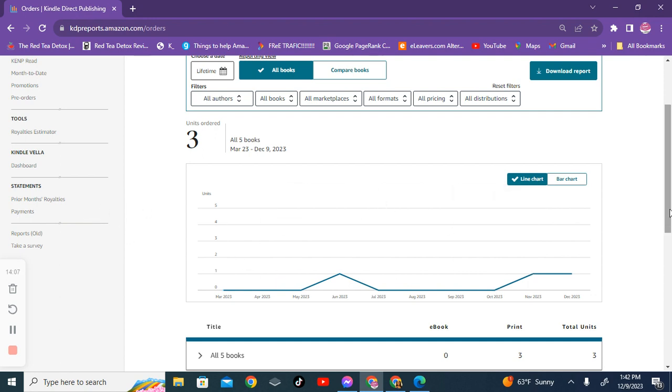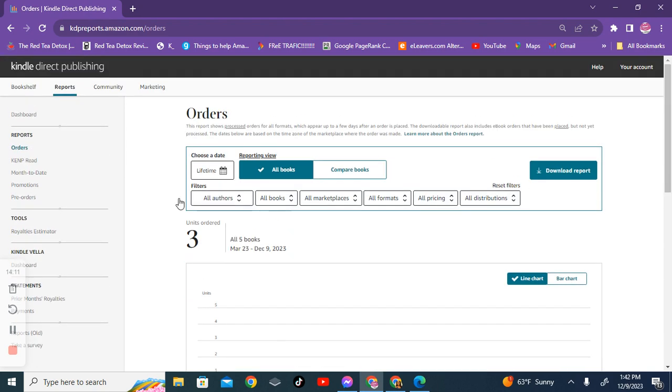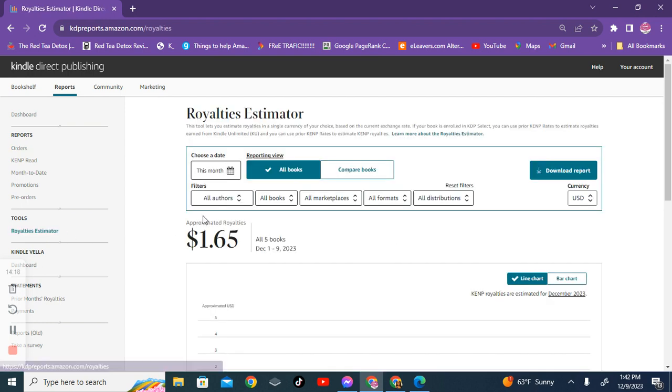If you guys are realizing any trends over all of that data, let us know what you think in the comments. All right, so we're going to do the royalty estimator to see about how much was made. And again, we're going to choose the date